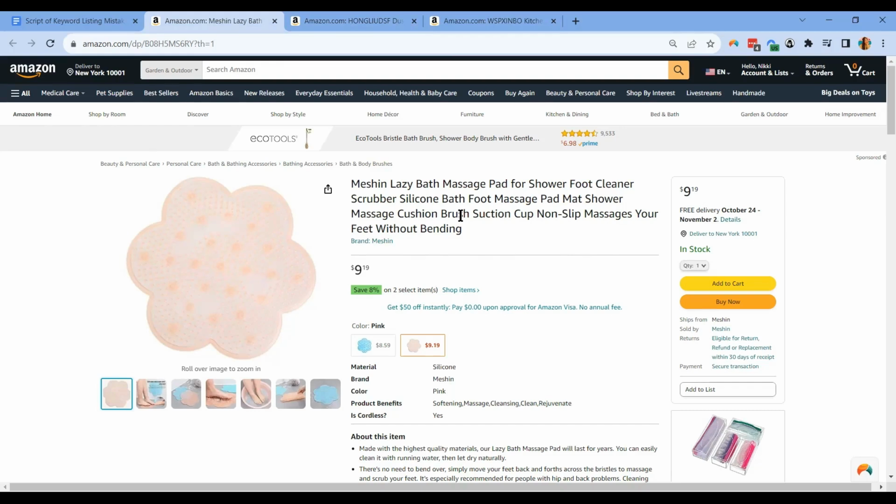Looking at this product listing, it doesn't really let the customer know right away what your product is for. It's kind of just stuffing those keywords that are relevant to the product but doesn't really showcase what this product is for and what your target audience can get from buying this product.